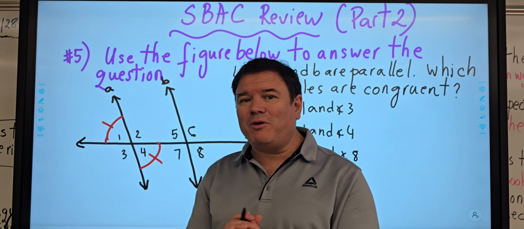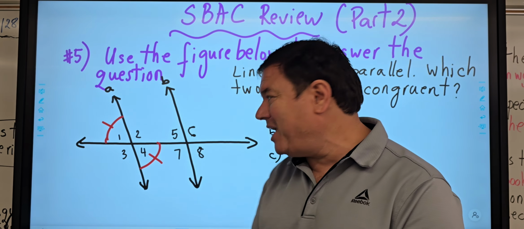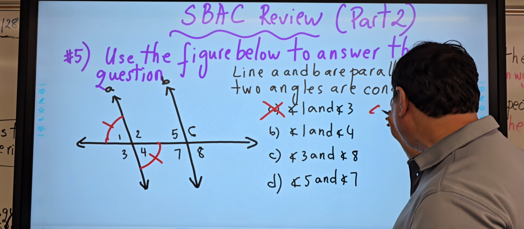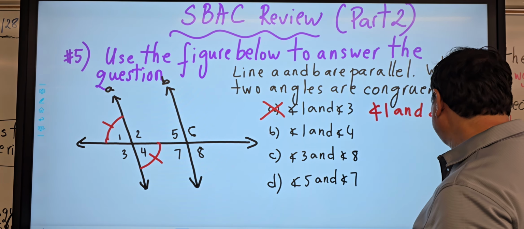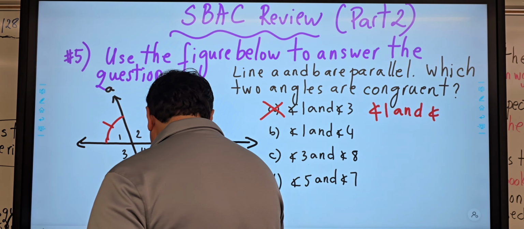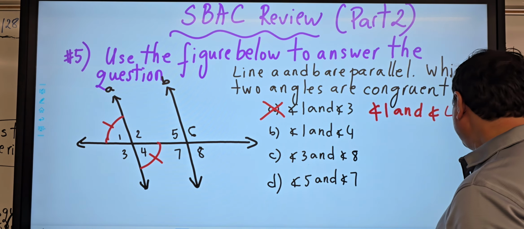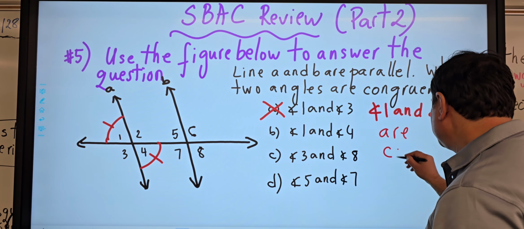And we know something about vertical angles, that they are congruent. They are the same. So angle 1 and angle 4 are congruent